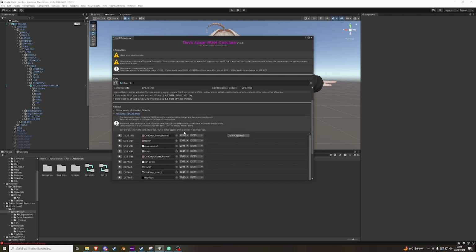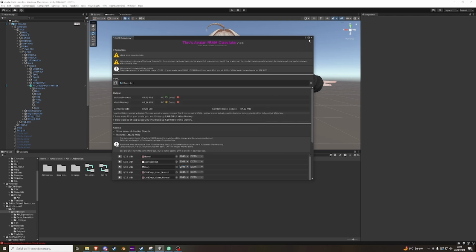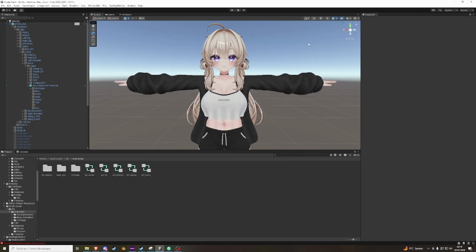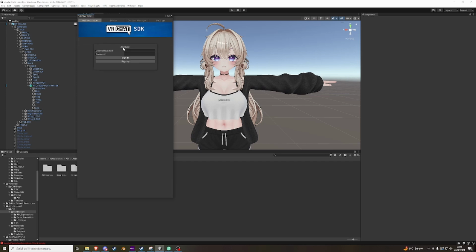And it will let you downscale textures. So for example, let's say that this texture is 4K and is too heavy. You can make it become a 2K, make it become a 1K texture, and you can just decide the size that you want. So if there is some texture that you use less, you will be able to properly optimize your avatar and have better performance overall. It's a very useful tool that I suggest you use because it's still another free to use tool, and it's very intuitive. Well, after that, obviously, you can just go on the SDK control panel